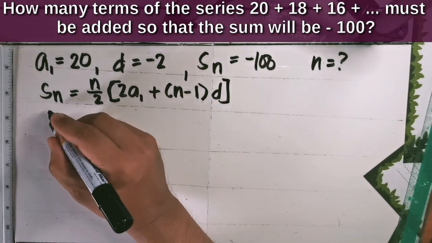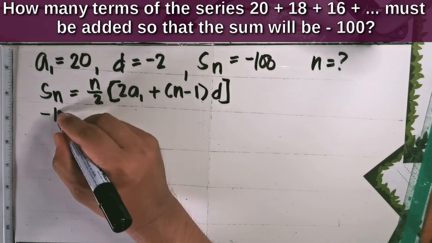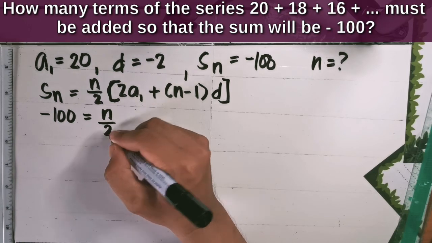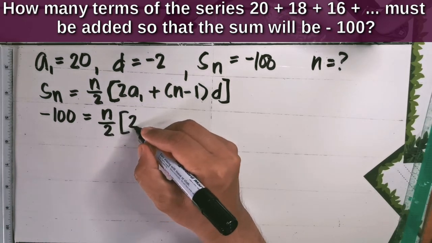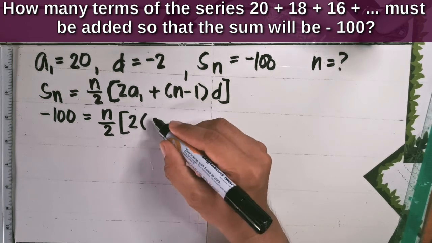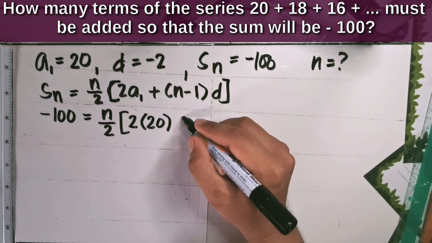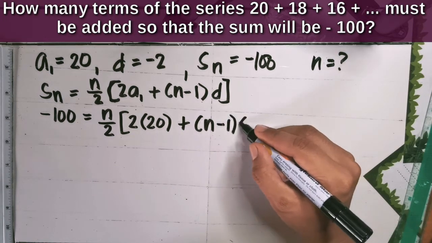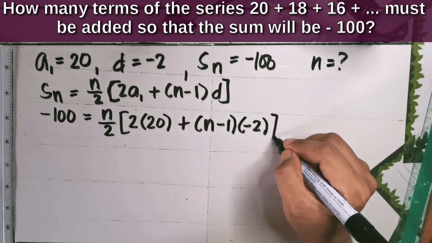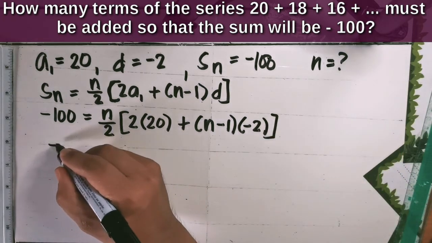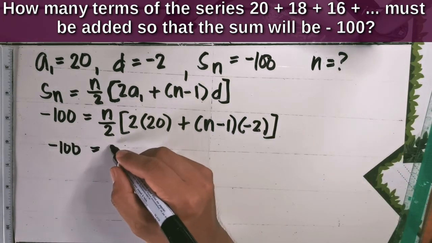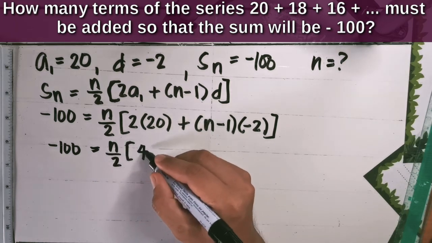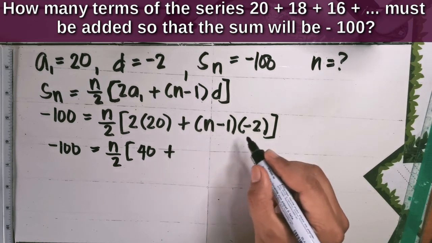Okay, so the sum is equal to negative 100 equals n, so we're looking for that, over 2 times 2 times the value of a sub 1, which is 20, plus n minus 1 times the common difference, which is negative 2. Then let's simplify. Negative 100 is equal to n over 2 times 2 times 20 is 40 plus, let's